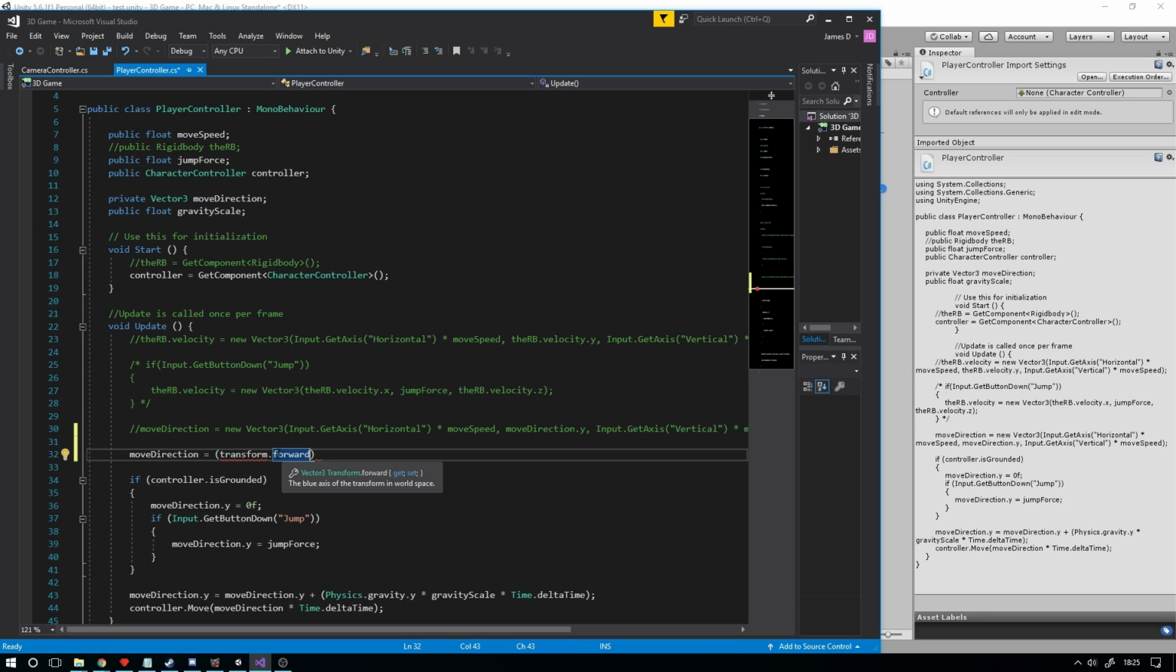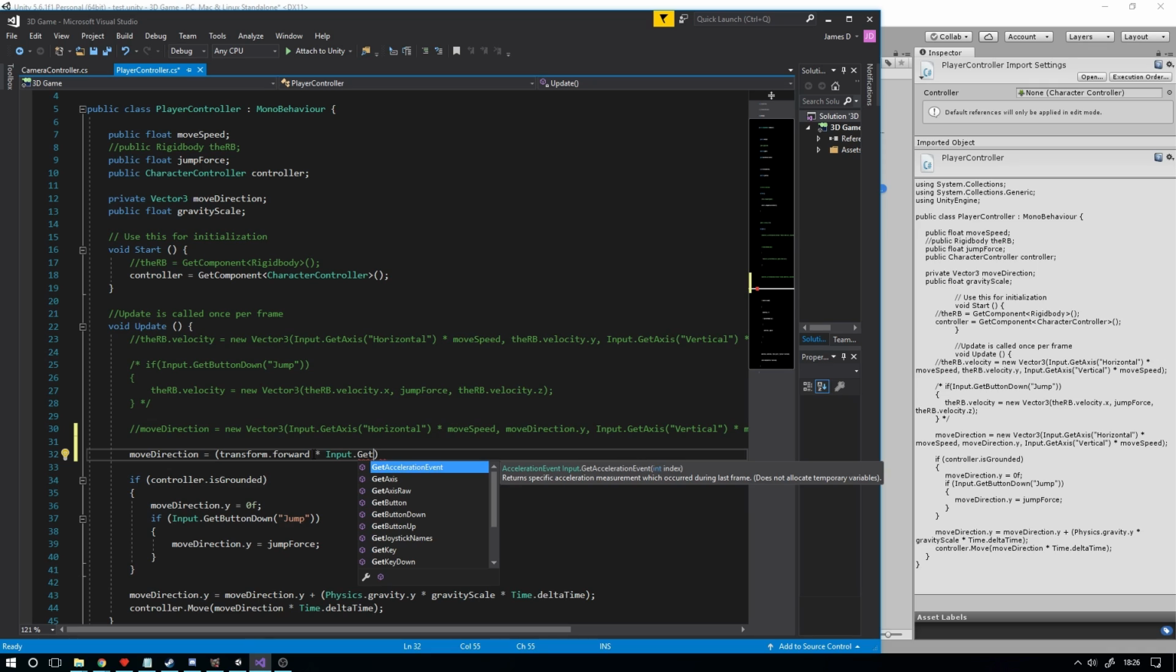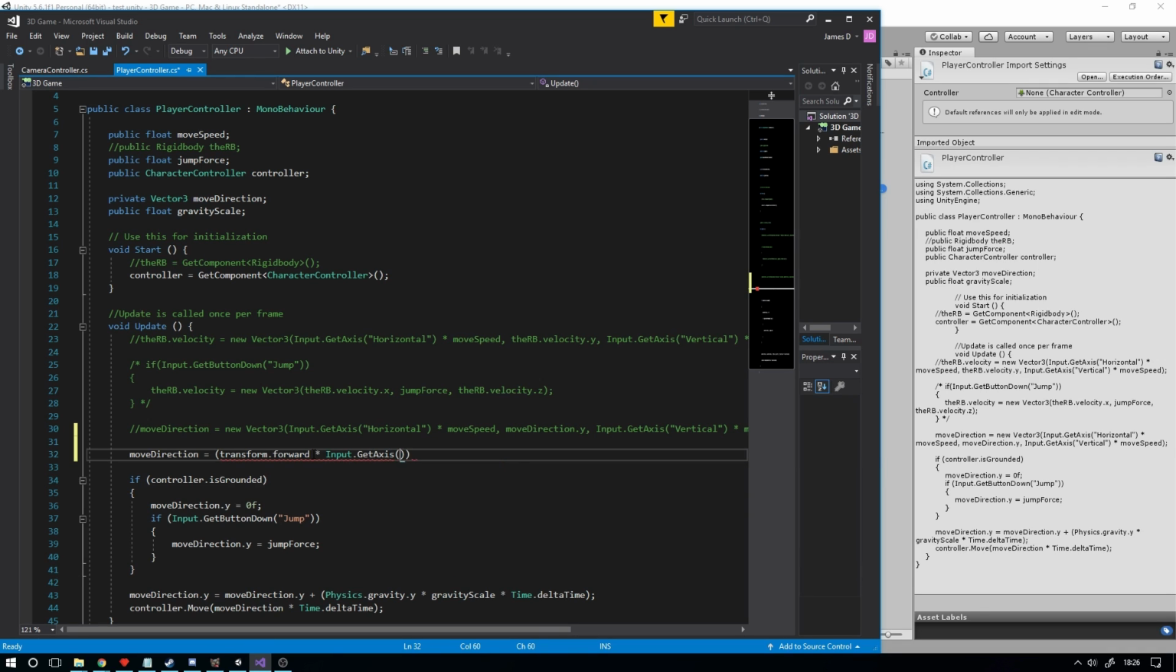So what we're going to do is take that transform.forward and multiply it by our input. So input dot get axis, and the axis we want to use is our vertical axis, because any forward input is when we're pressing up and down, or W and S on our keyboard. So if we put any vertical input in, we're going to multiply that by transform.forward, which is whatever direction we're facing forward, and we're applying that to our move direction object. So if I go ahead and put our semicolon in, and now we save it,